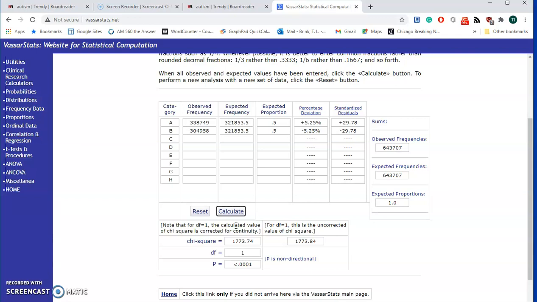The way you would do that is you would take the new time period of 2020, the 304,958 minus the old time period, 338,748, and then divide by the old year, 338,749, and that tells you that there has been about a 10% decrease, a significant decrease in the number of autism searches